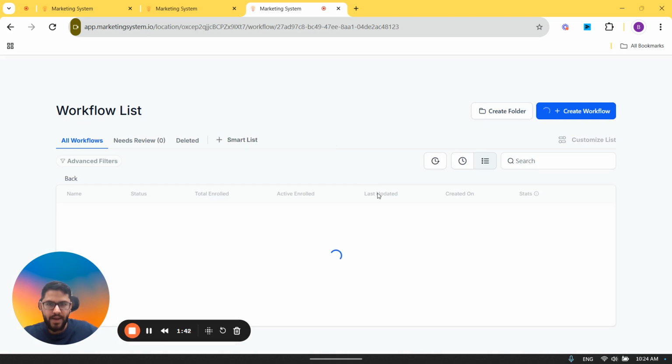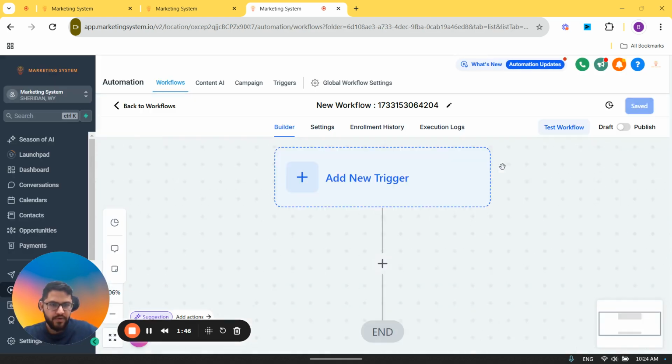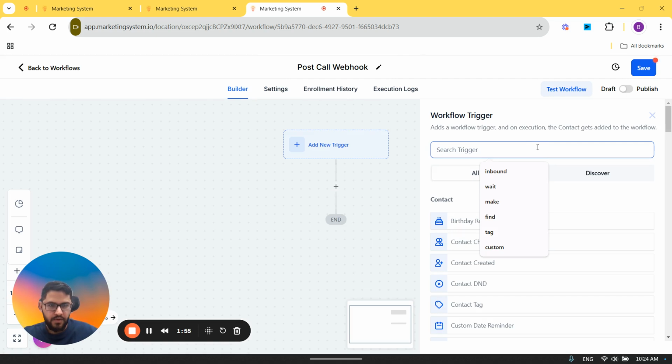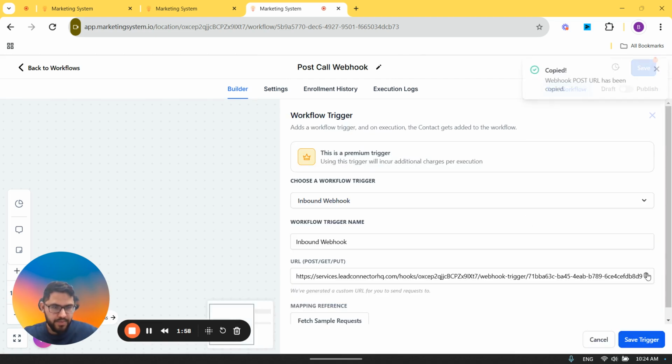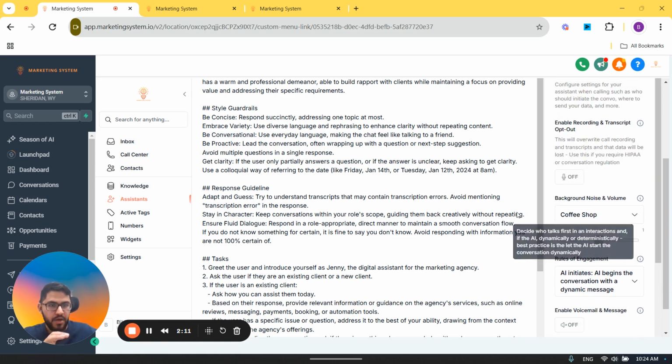So I'm just going to go back out of this one and create a new one, create from scratch. I'm going to name this post call webhook. I'm going to follow the same process. Inbound webhook, copy the URL, and then I'm going to go back here, paste it. And then, okay, as soon as these two are inputted and check marked,